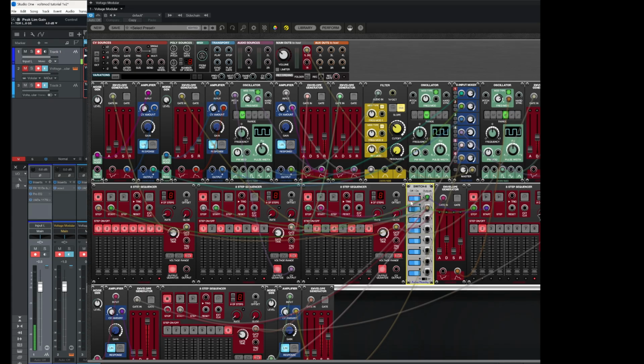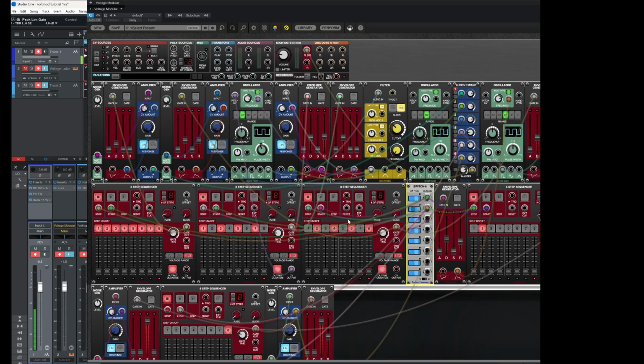Here we go. Okay, so all we're really doing is we're using some white noise. We're using a sequencer for the hi-hat sound, a sequencer for the kick drum sound, and it's just very simply,